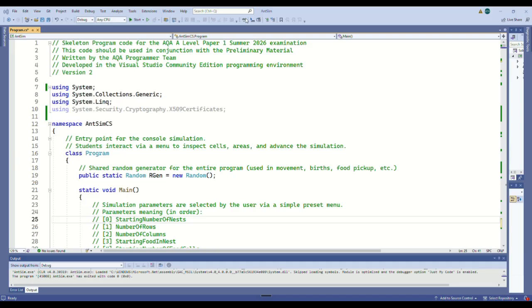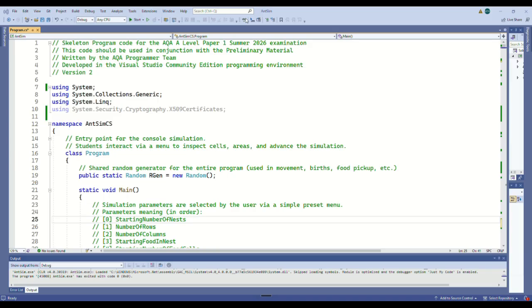I just thought before proceeding, worth mentioning that I have done some previous videos on this code. Do have a look at the first one first if you aren't familiar with the code. That will talk you through it. The code is a bit more daunting than it actually is. It's not too bad once you get into it, and certainly in a couple of days you can find your way around it if you're fairly familiar with C#. So, regarding the changes that we're doing today,